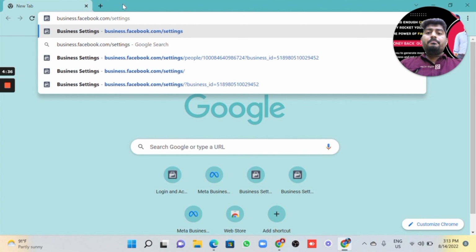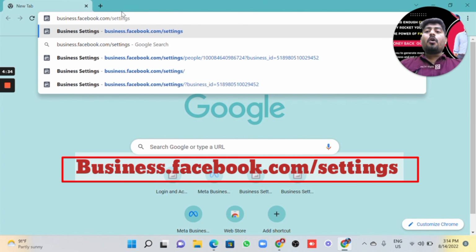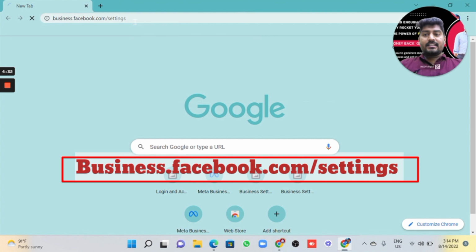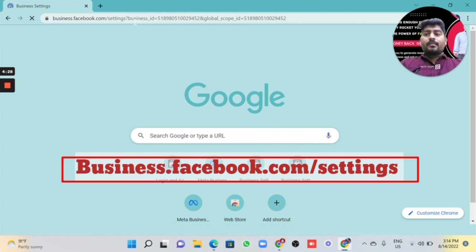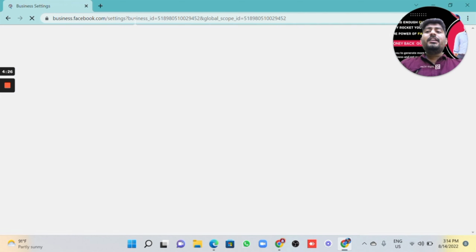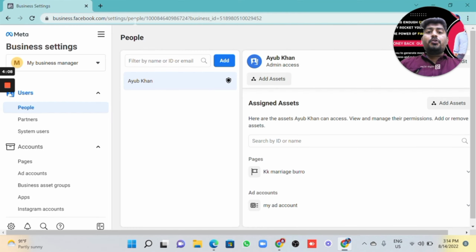So type business.facebook.com/settings, click enter, and then you will be redirected to your business manager. To give access to your business manager, you need your advertiser's business manager ID. Ask him and get that ID, and go to the partners,